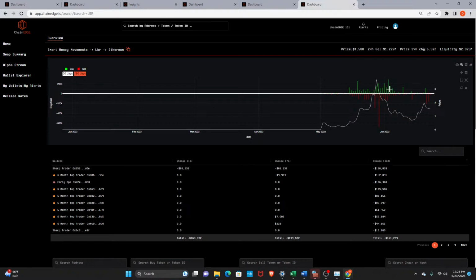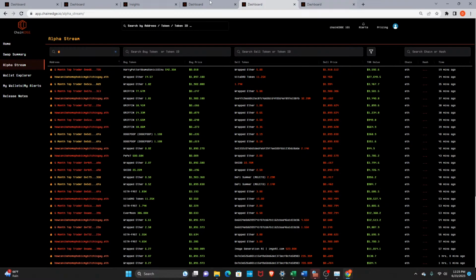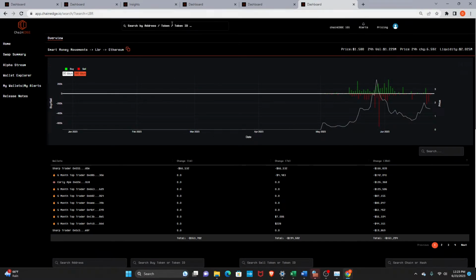And there's still some smart people that were buying because it didn't really go down that much. And then obviously the flows have been basically bearish ever since, with some people that are probably buying for longer term holds. But that's what I look for in terms of the chart. But like I said in the Pepe example, the other thing I like to look for is, if I pull up Pepe,